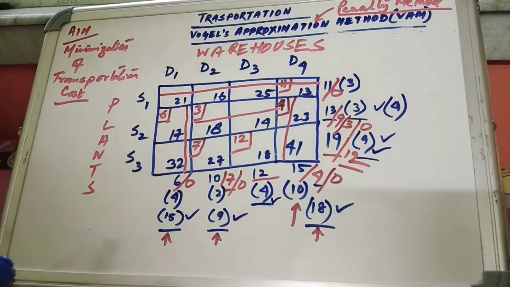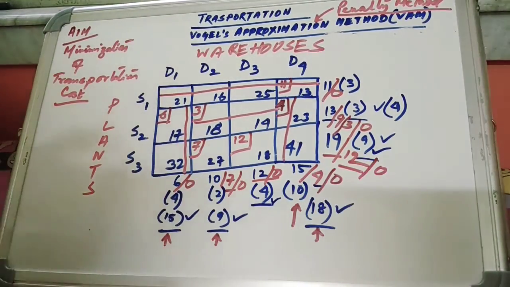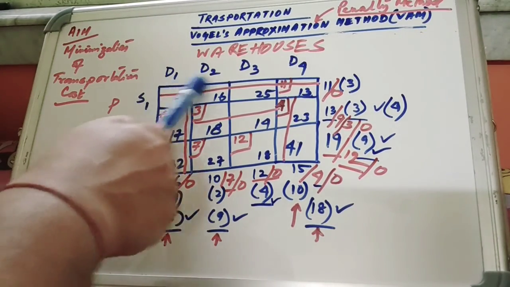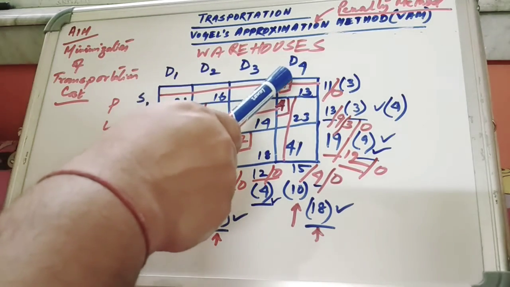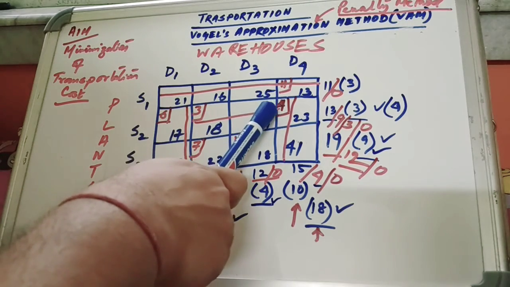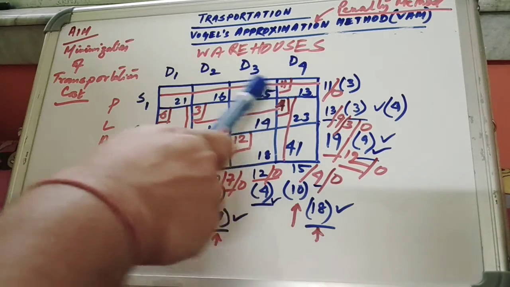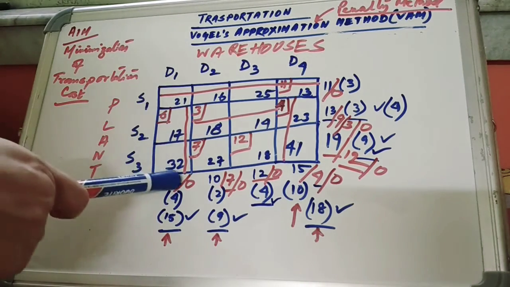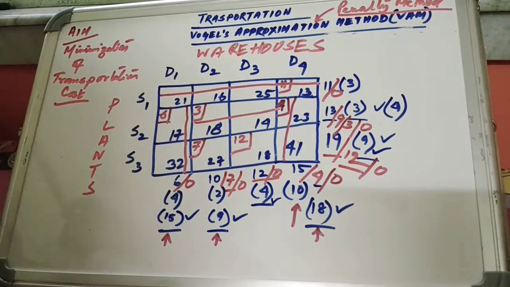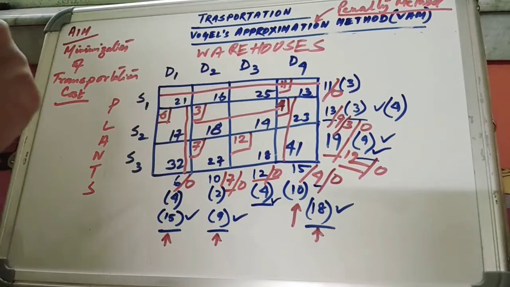Now you can cross check also by adding up the values of column and row. First we select this row. Look, for this row 11, 11, 6 plus 3 is 9, plus 4 is 13, no problem. 7 plus 12 is 19. Now come to the column. 6, 6, 7 plus 3 is 10, 12, 4 plus 11 is 15. So they are all allocated accordingly to the given matrix.